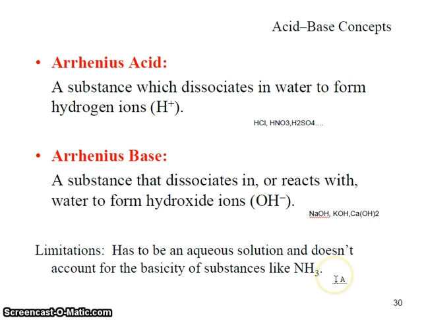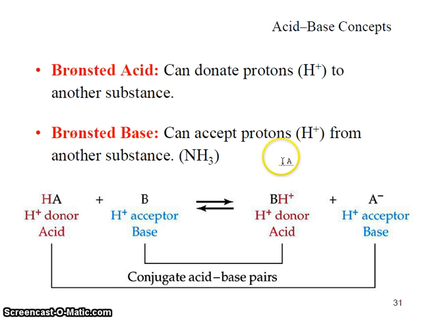It was not until 1923 when Bronsted and Lowry actually worked on this problem, and they came up with a different kind of classification, and we are going to discuss that shortly. So Bronsted acids were defined as those compounds which can donate protons to another substance. So let's just write that somewhere. Proton donor is an acid. Proton acceptor